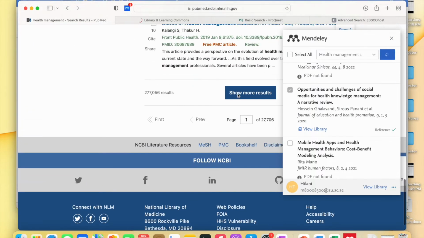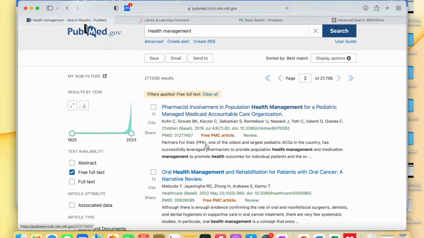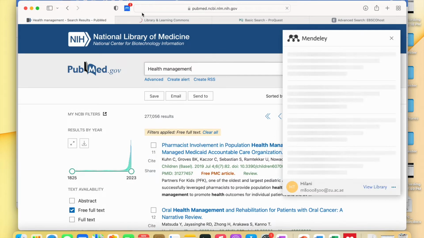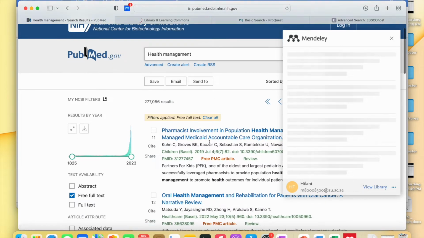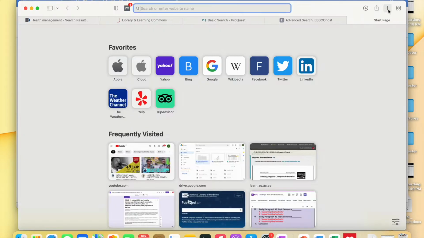And you can move further, and you can go to the next page, and then again you will click your Mendeley reference manager and it will detect. So in this way you can shortlist the abstracts that you're interested in. There are various databases that support the Mendeley web importer as well. For example, if you